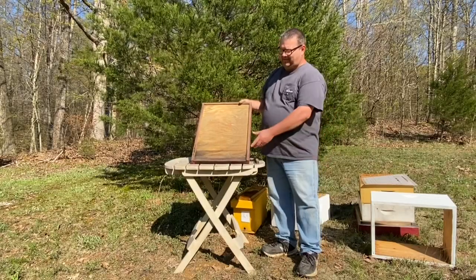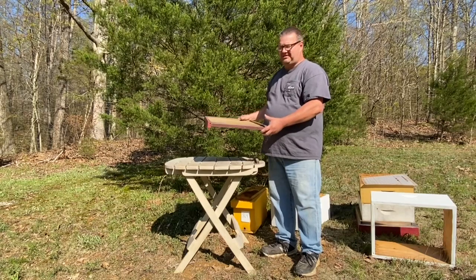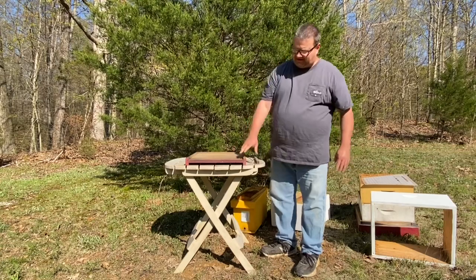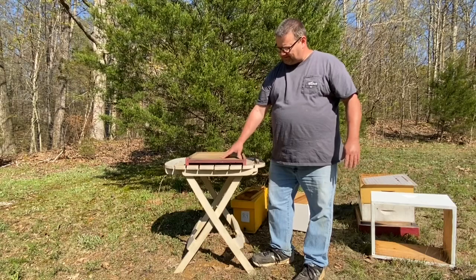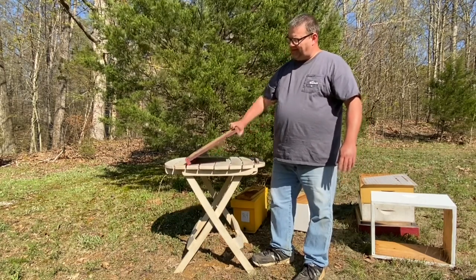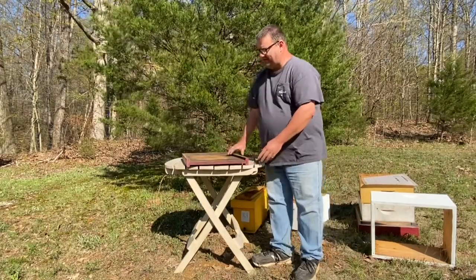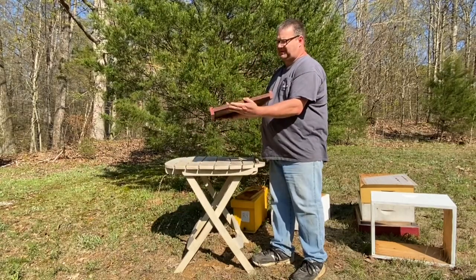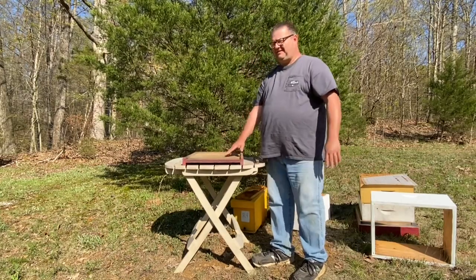Okay, so we're going to start at the very bottom. This right here is called the bottom board. This is the very base of the hive. There's actually 2 sides to a bottom board on most of them. This here, the top part, you have about 3/8 of an inch gap for the honeybee. And then in the winter time, you have a deeper gap of about 3/4 of an inch. But the majority of your bottom boards have 2 sides to them. So this is the very bottom board of the hive. Okay, and next,